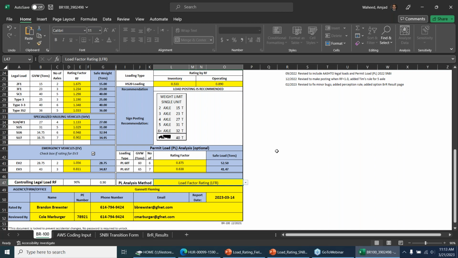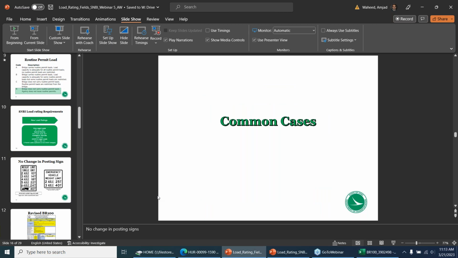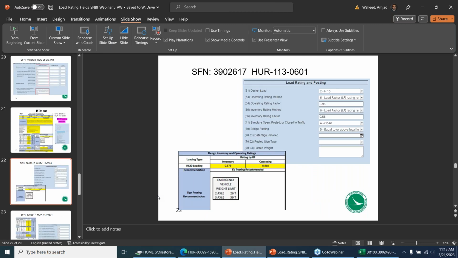Great. The next question, they specifically said slide 22, so I don't know if you want to go to that slide. And I'll read it off to you. It says, on slide 22, the bridge had EV postings, but the AssetWise code was A-open. Should that be P-posted since there are EV restrictions? Okay,